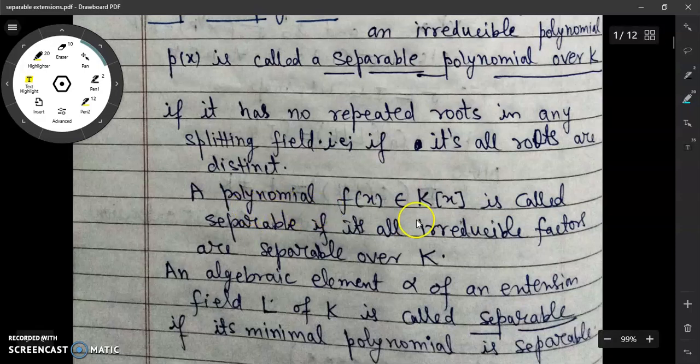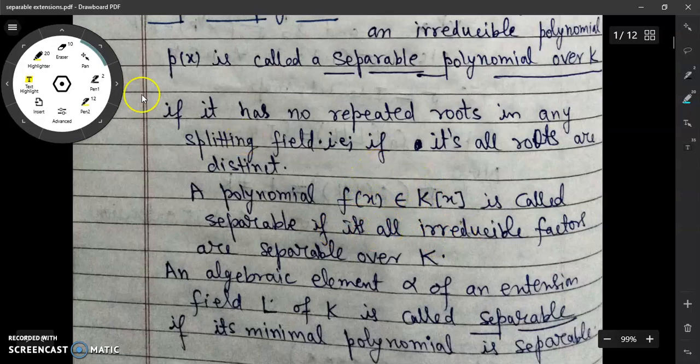A polynomial f(x) is called separable if all its irreducible factors are separable. So just observe that if we consider (x minus 2) whole square into (x square plus 3), then we observe that its irreducible factors are x minus